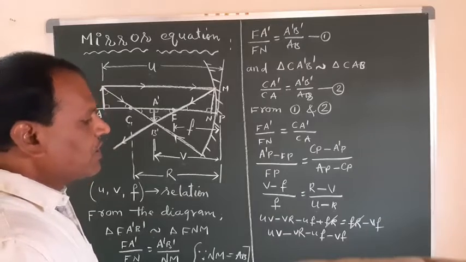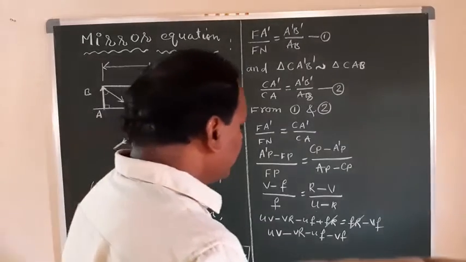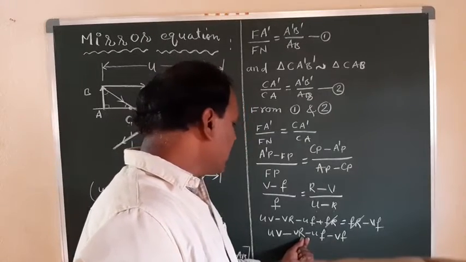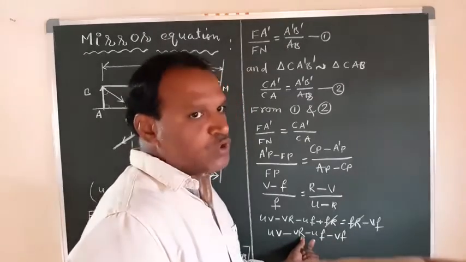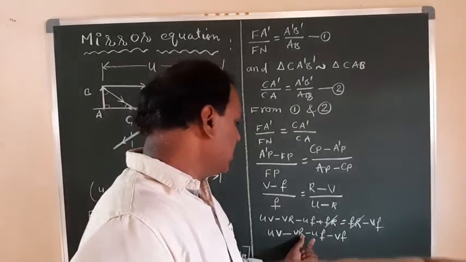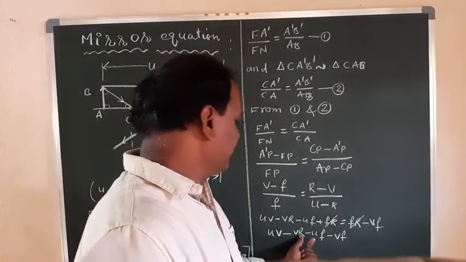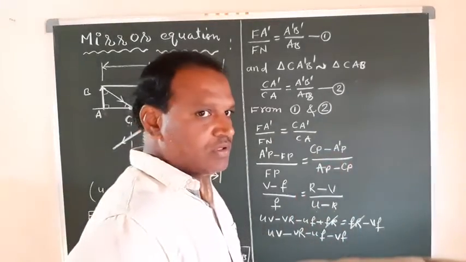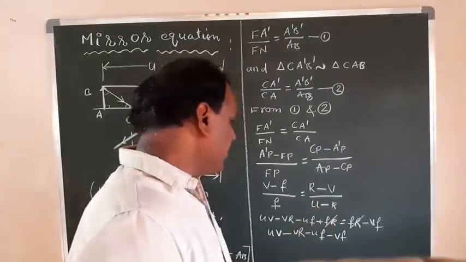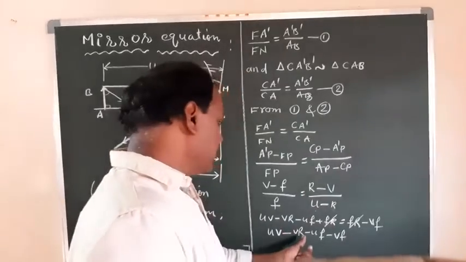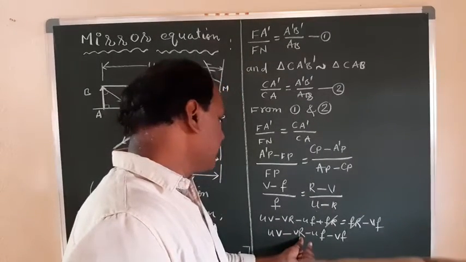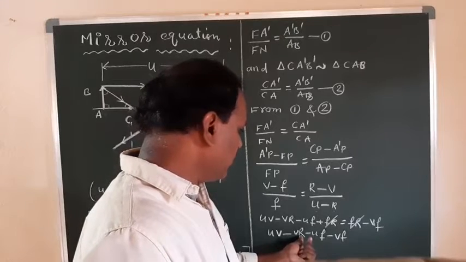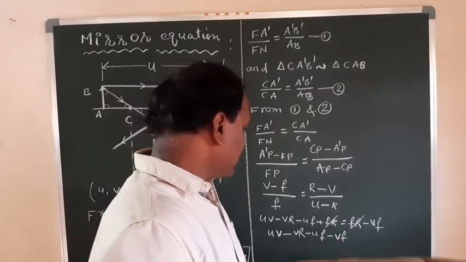And in this you can write the relation between R and F that we have, right? So I can put R in terms of F: F is equal to R by 2, so R is equal to 2F. So here I can put 2F. Right? So if you are putting 2F here, minus 2F, here it is.